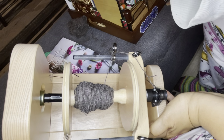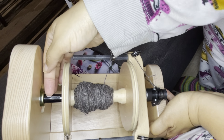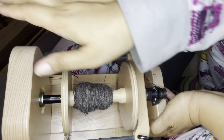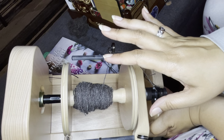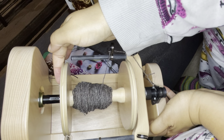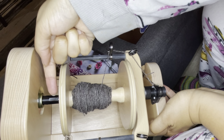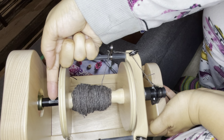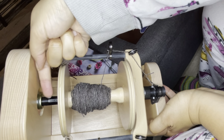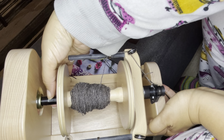And a reminder, make sure the flat part of the flyer rod lines up with this flat part of this black tube. Because when you first got this thing, it was not clear in the Ashford directions. It was just, you know, put it together and pow, start spinning. It did not say line the flat black end on this flyer rod, line it up with this flat, you can see my nails hitting it right there. This flat black little lift that's right here. You can't move it. It's just this indent on top of this cylinder, and it will spin. It's all spinning when you turn it on. So just make sure this is facing straight up,